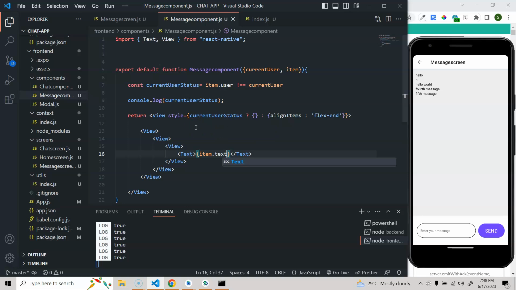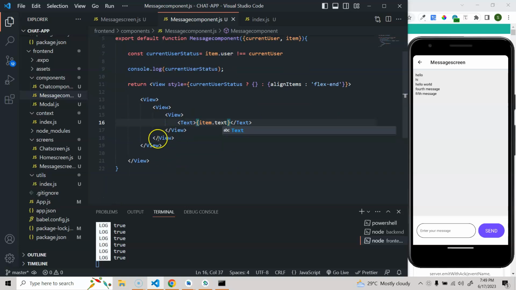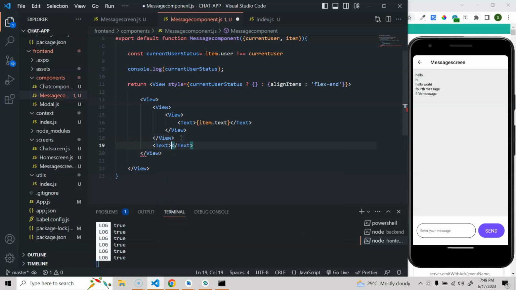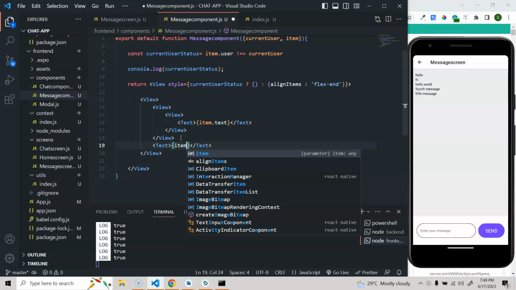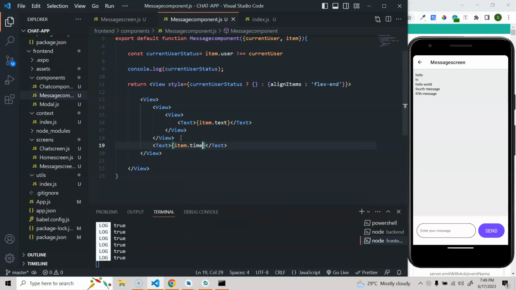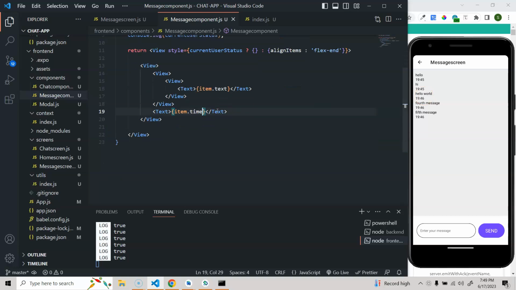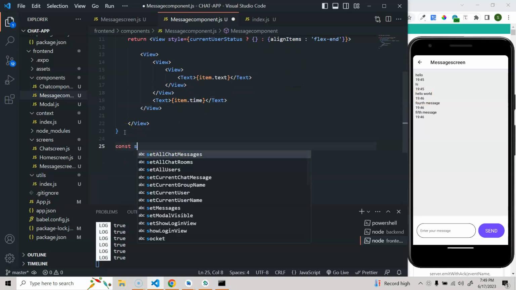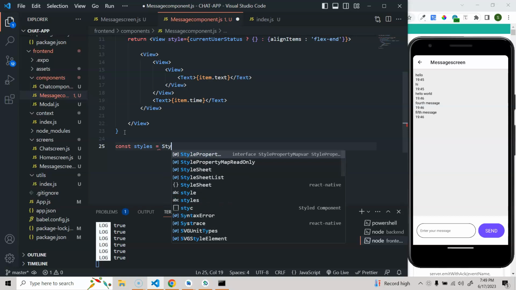This is fine. Also, we can take another text here, and we have to render item.time. Awesome. So now we are getting the message and everything else. Now we'll create the style. So this will become styles, which will be equal to StyleSheet